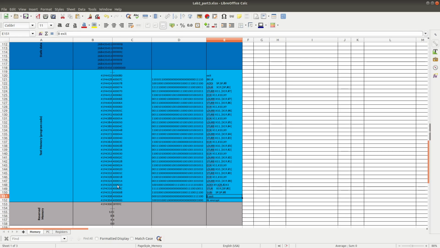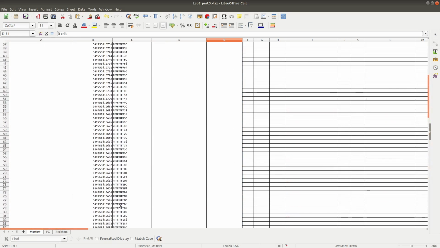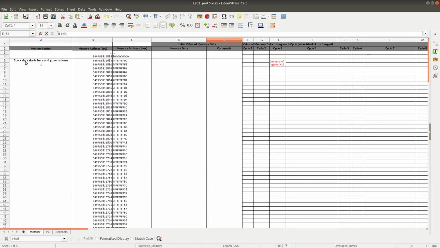We know we start our stack pointer initially at 7FFFFFFC.